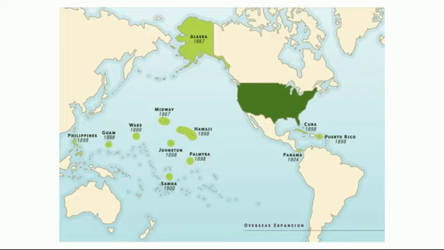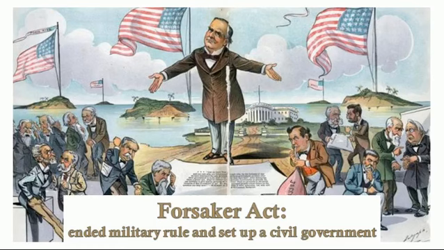So if you've ever been to an American territory before, it more than likely came from the Spanish-American War. We gained all these Spanish territories because of that. And what happens is now America gets all these things. Now, for Puerto Rico, you need to know a thing called the Foraker Act. The Foraker Act set up Puerto Rico as a colony. And basically they set up their own government, but said that they are controlled by America.